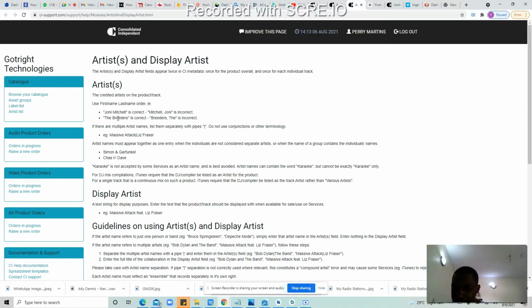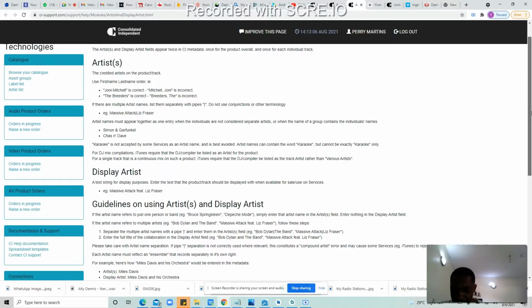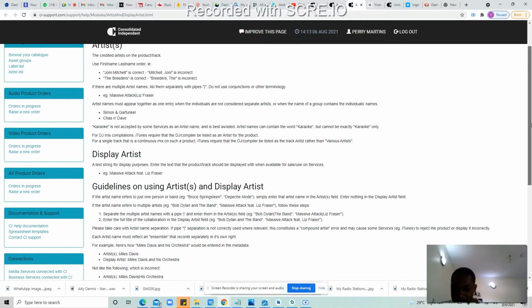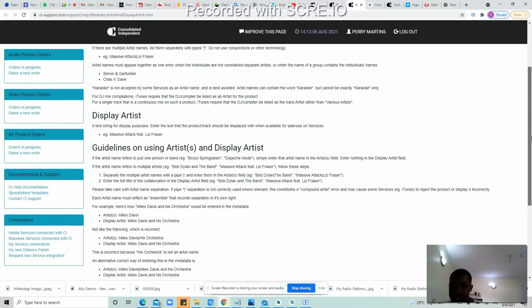They now say the breathers instead of this and that. Now, if there are multiple artist names, list them with pipes. Do not use conjunctions or other terminology. Separate them with pipes. Basically, if there are multiple artists, then when you get to the display, you will now